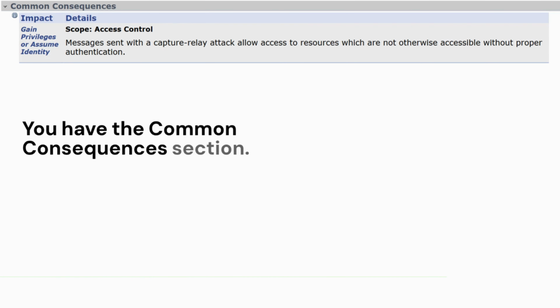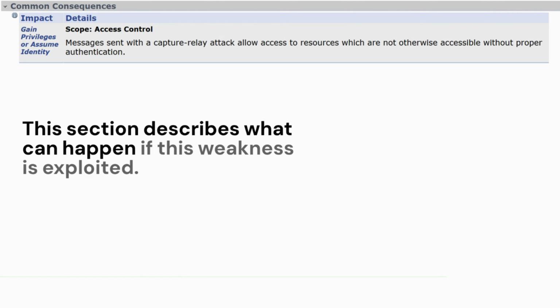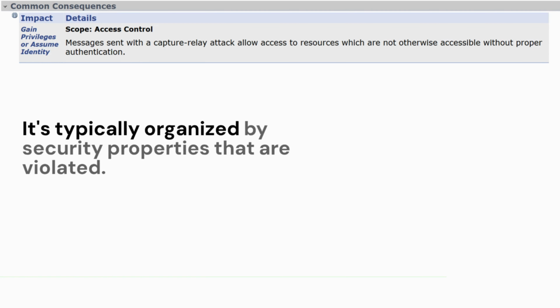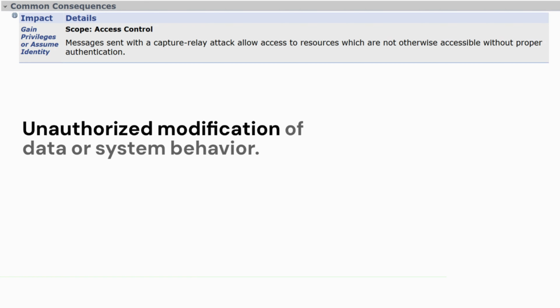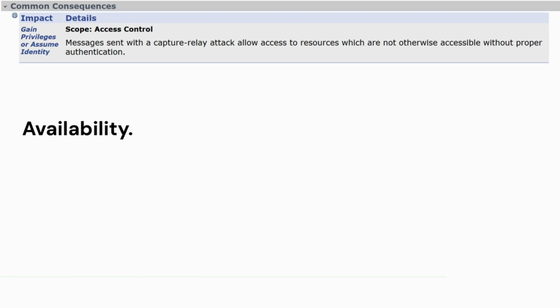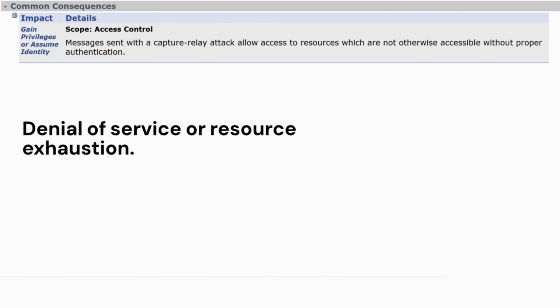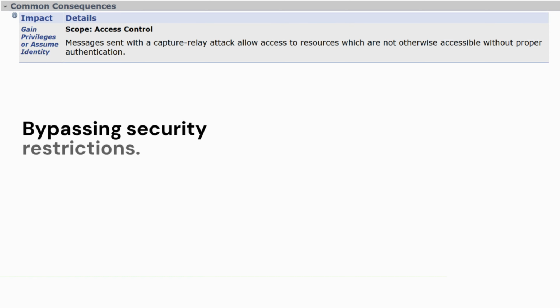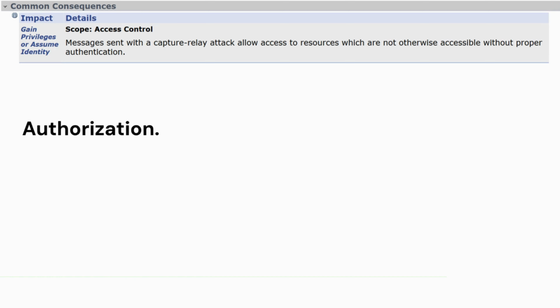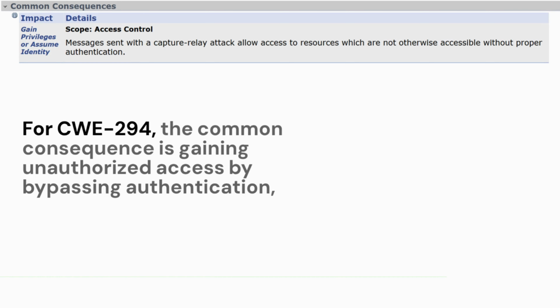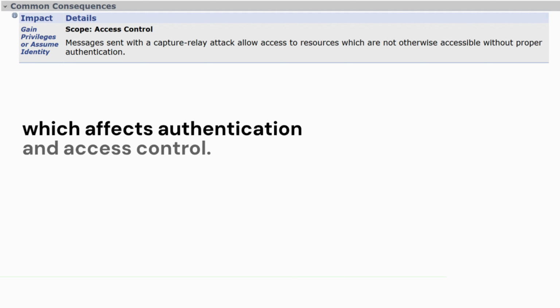You have the common consequences section. This section describes what can happen if this weakness is exploited. It's typically organized by security properties that are violated: confidentiality, unauthorized access to information; integrity, unauthorized modification of data or system behavior; availability, denial of service or resource exhaustion; access control, bypassing security restrictions; authentication, impersonating legitimate users; authorization, gaining elevated privileges. For CWE 294, the common consequence is gaining unauthorized access by bypassing authentication, which affects authentication and access